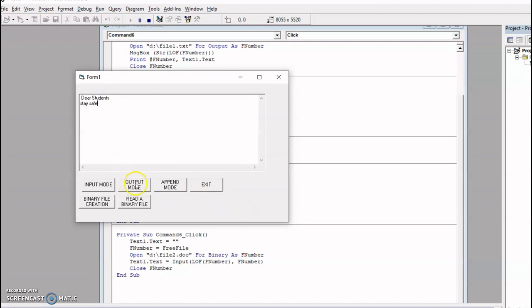Now I just click output mode, just to see the difference. It started from location 0. That means it is creating a file as a new one. The previously stored contents will be erased from the file.